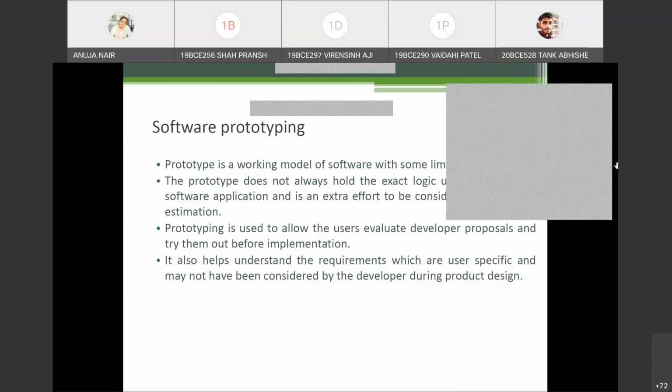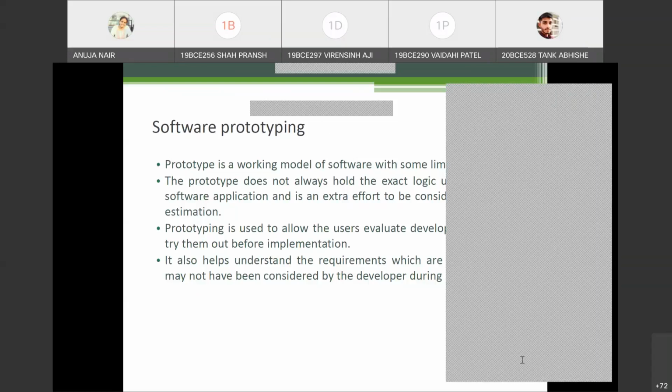What is the meaning of prototype? You say that you have created a prototype of something. What is the meaning of that? Working model, okay. Rishabh is saying working model. Oh, sorry, initial product through basic structure, okay. So yes, as rightly pointed out by you all, prototype model means what?